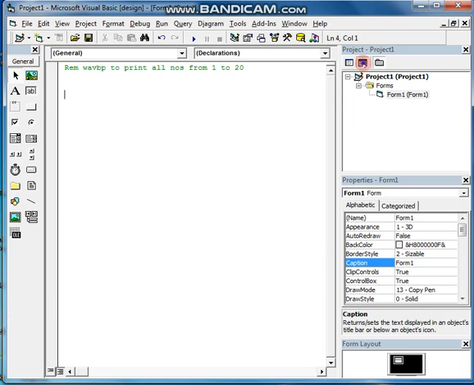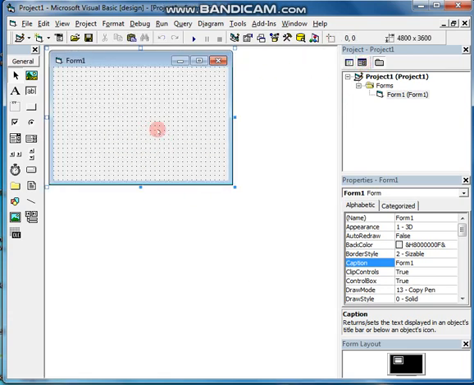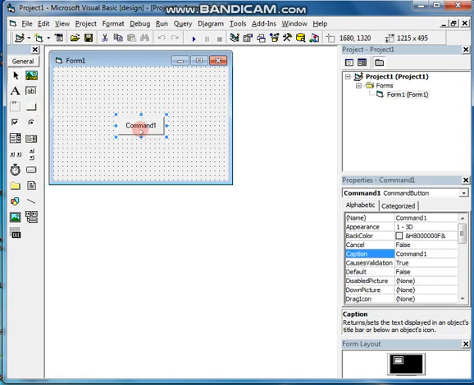In this case, what control will I take? As Visual Basic is an event driven program, it means after clicking or double clicking on any control of Visual Basic, only then will the program get executed. So as it is an event driven program, a button control has to be taken for this. So I took a button here, and the caption of the button I'm writing Execute, or any caption I can specify in place of Execute as well.